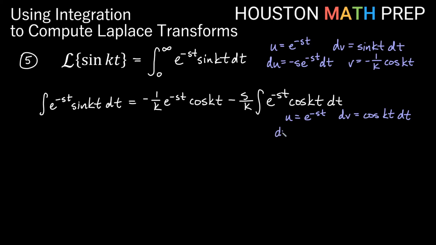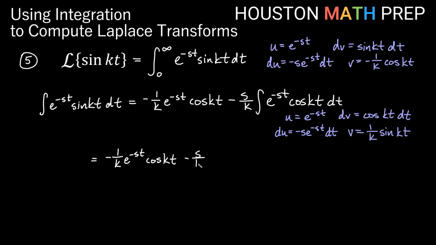Du is going to be the same thing as it was last time, negative s e to the negative st dt. And if I integrate cosine kt, 1 over k is going to come out, so we'll get 1 over k sine of kt. We'll go ahead and write down what I already had here, negative 1 over k, e to the negative st cosine kt,